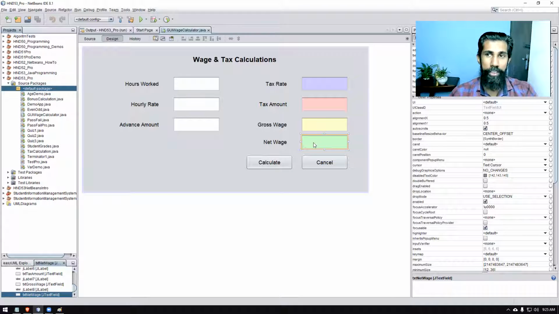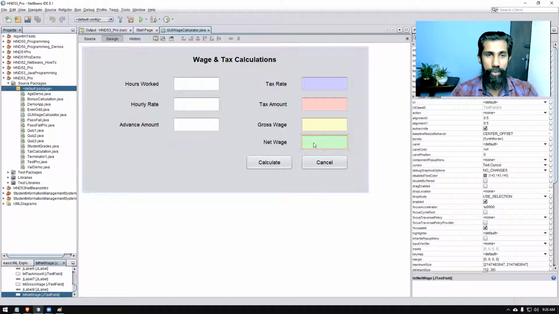If you take your HND 53 batch, all of you have something called a registration number, KIT something, that is used to uniquely identify yourself. As a Sri Lankan citizen, if you want to uniquely identify yourself, you have a birth certificate number, which is unique. Apart from that, you will have the national identity card number.